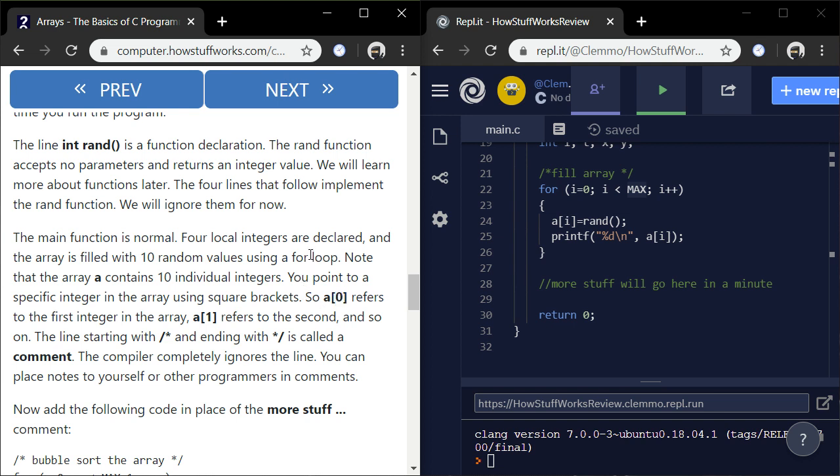The line starting with /* and ending with */ is called a comment. Well, we knew that. I guess we haven't been introduced to comments yet. So there you go. I'm using two different kinds of comments here, getting a little ahead of the lesson, but these are multi-line comments. And these are called, I should look it up. Let's look it up.